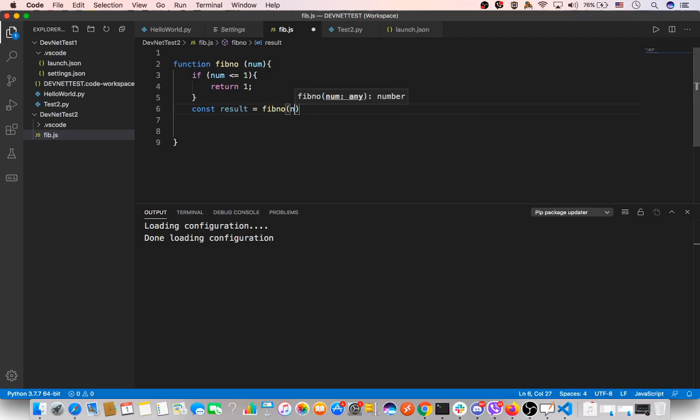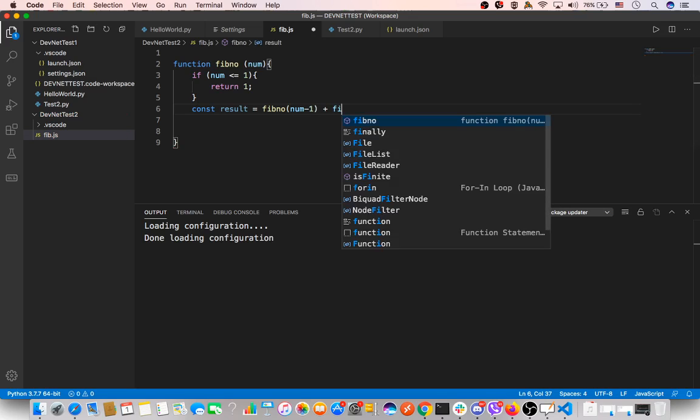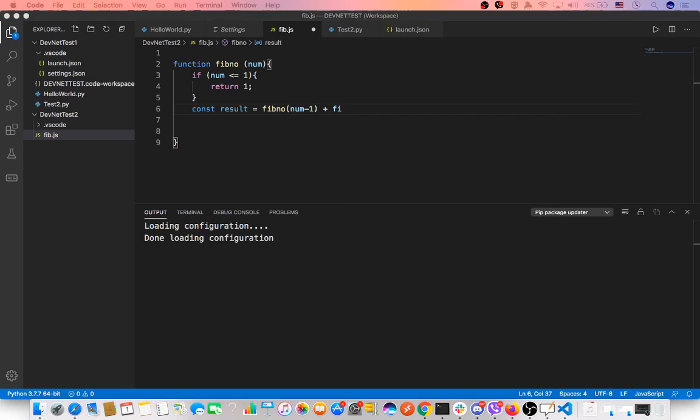So remember, when you do DevNet, you have to be good at programming as well. Without knowing programming, you can't basically do much in DevNet. Now, what is next? Num minus 2, yeah, num minus 2. That would bring the necessary